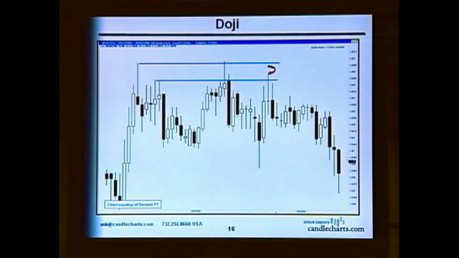So here we have a classic resistance area, and we have the doji confirming the resistance. This is the power of adding Western technicals to candles, which we'll be looking at in a lot of detail later on. Now,